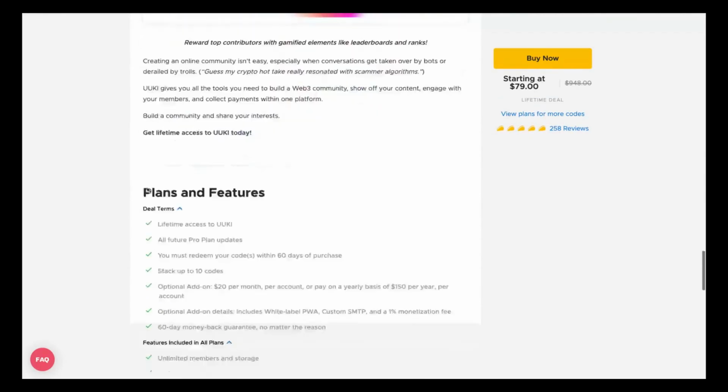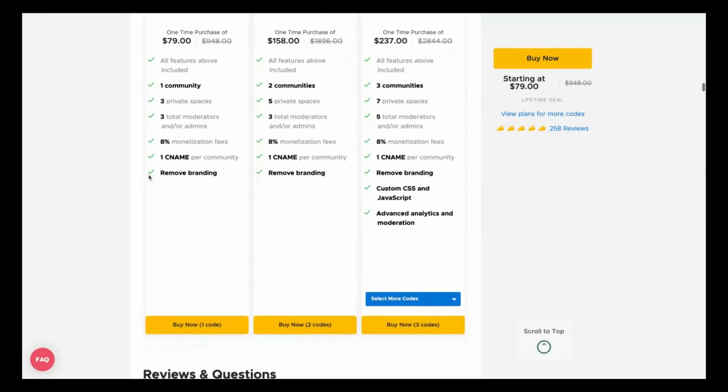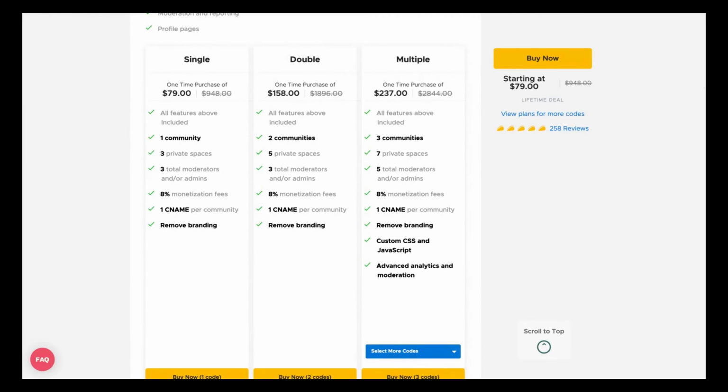So I need to decide, and I know it would be counterintuitive, but I think by now, for what I'm seeing, that UUKI is better. It's better because it's faster and it's less buggy.